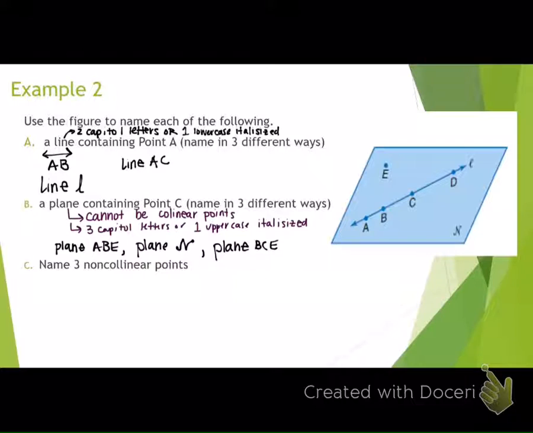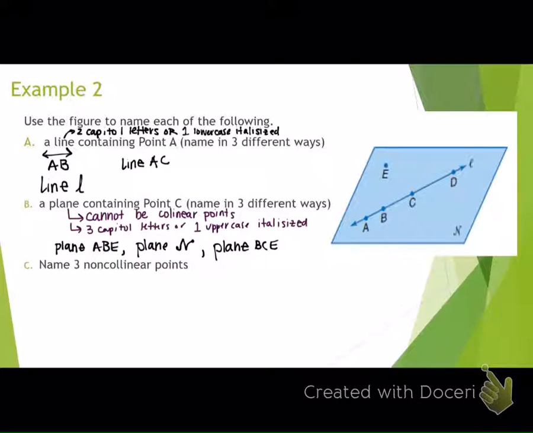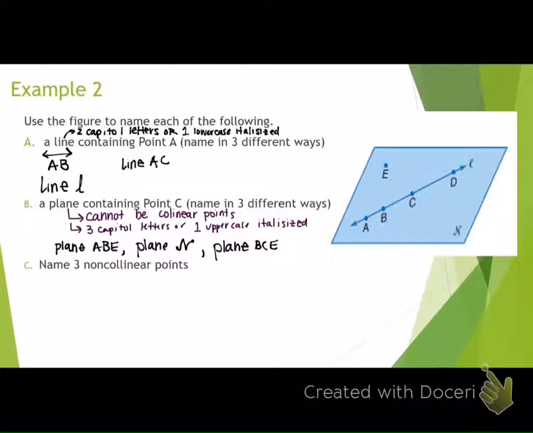All right. If you would have told me plane ABC, you would have been wrong. That's along the same line. Okay? If you would have told me plane BCD, that is wrong. It is along the same line. If you would have used this letter L in any way, shape, or form, you would have been wrong. That is not a point. It must be a point. Do we understand that? Okay. So let's try the next one. Name 3